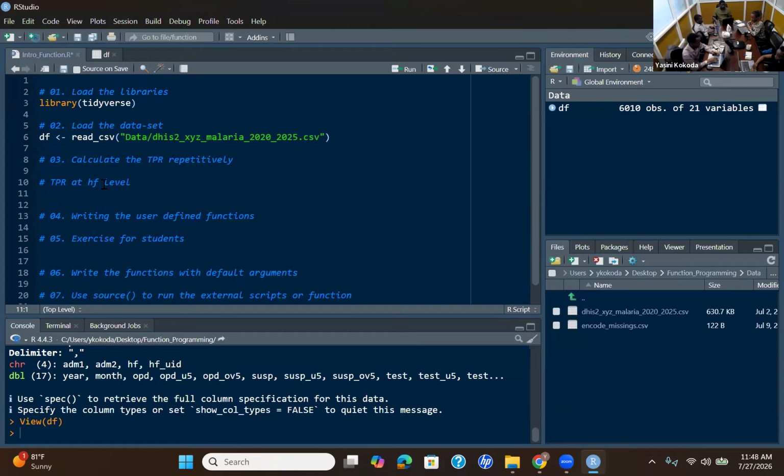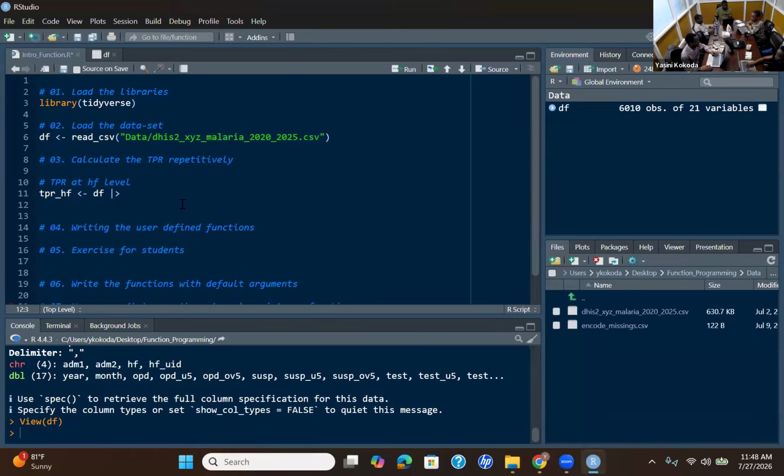So you will give it a name like TPR at HF equal to DF, the data frame you have, and then put the pipe operator to connect it to the tidyverse functions. In this case, we are calculating TPR by year for each facility.